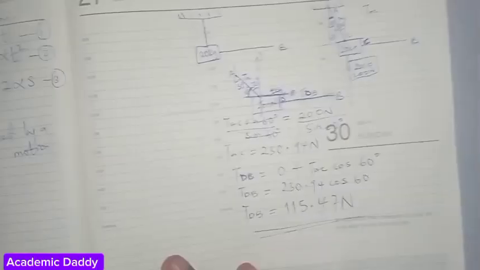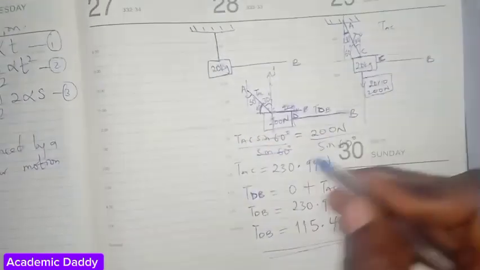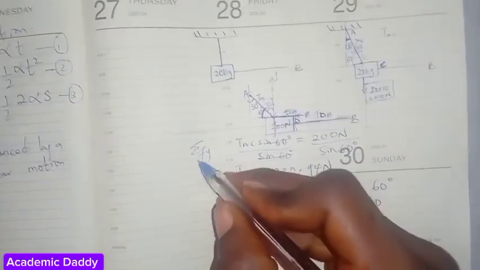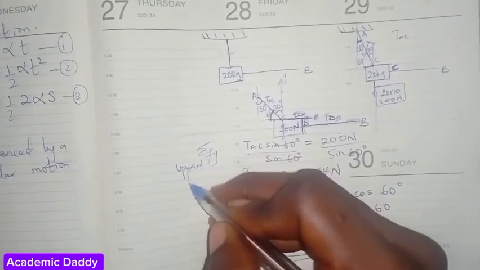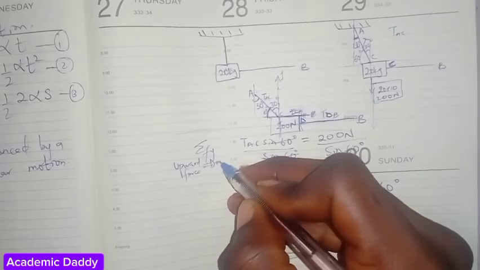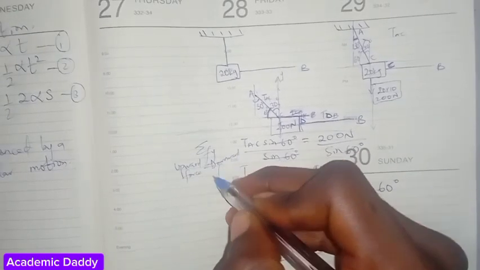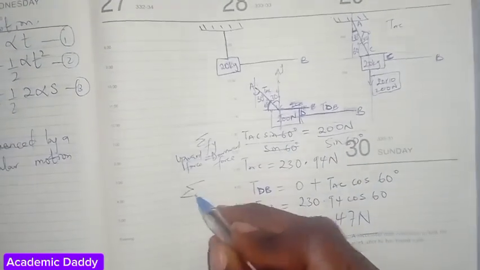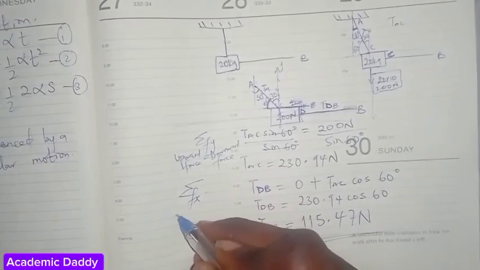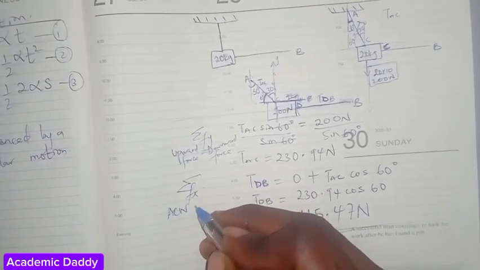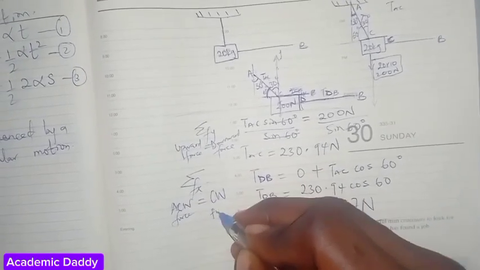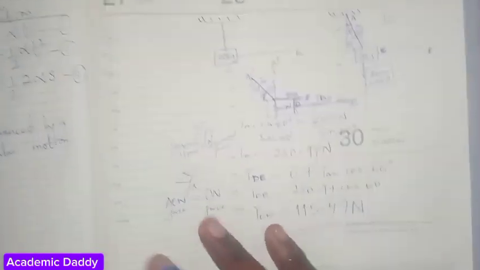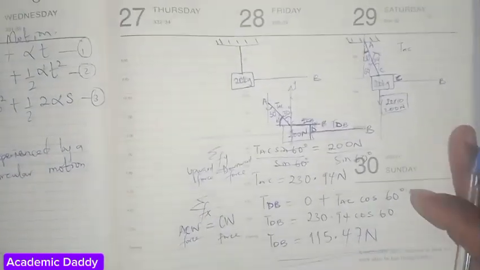So this is how to go about it, solving it using sum of forces in the y-axis: upward force equals downward force. And then using sum of forces in the x-axis, that is anti-clockwise force must equal clockwise force. But if I don't want to do it this way, I can use the method we used in class, which is,